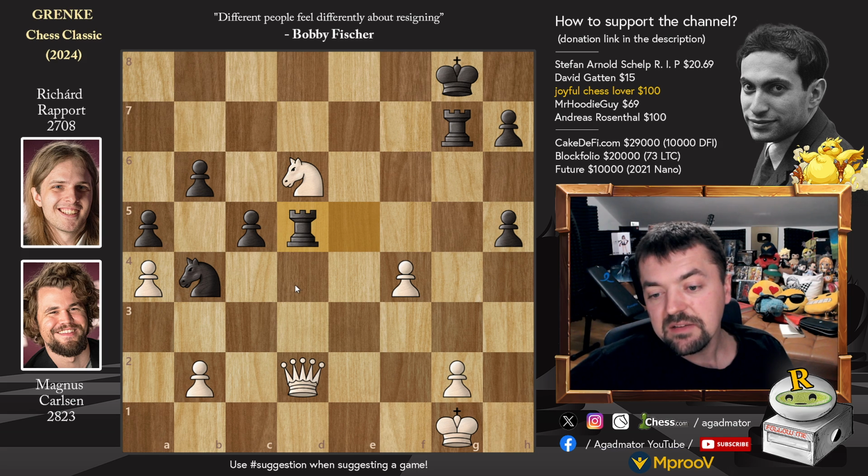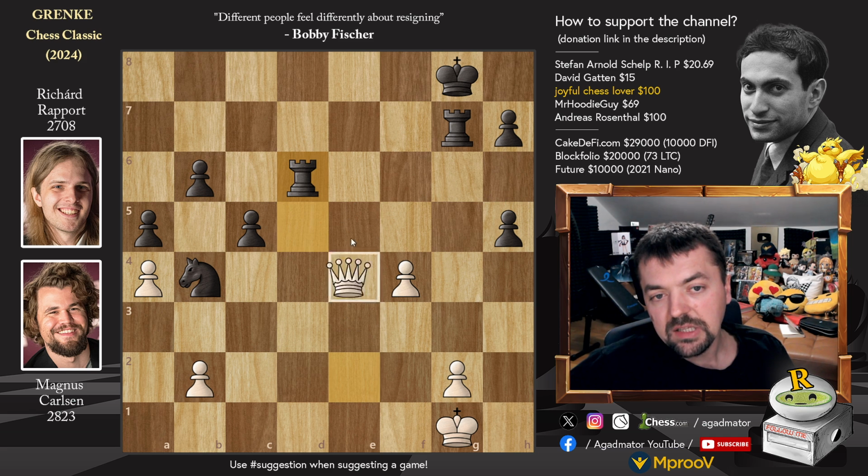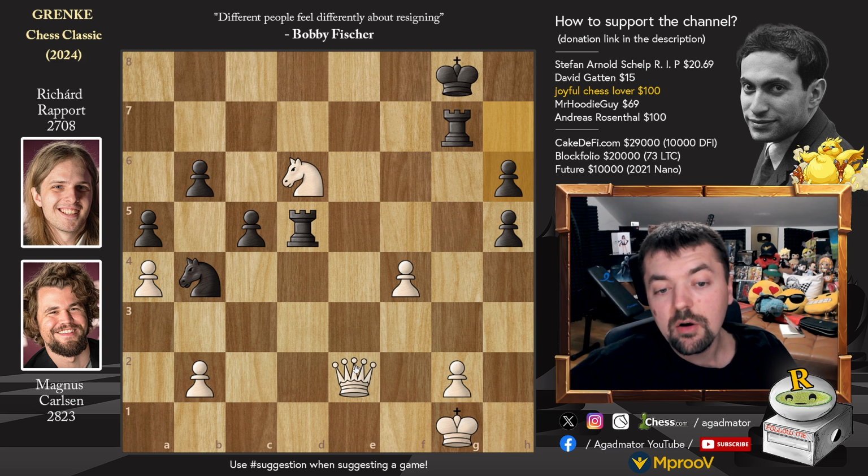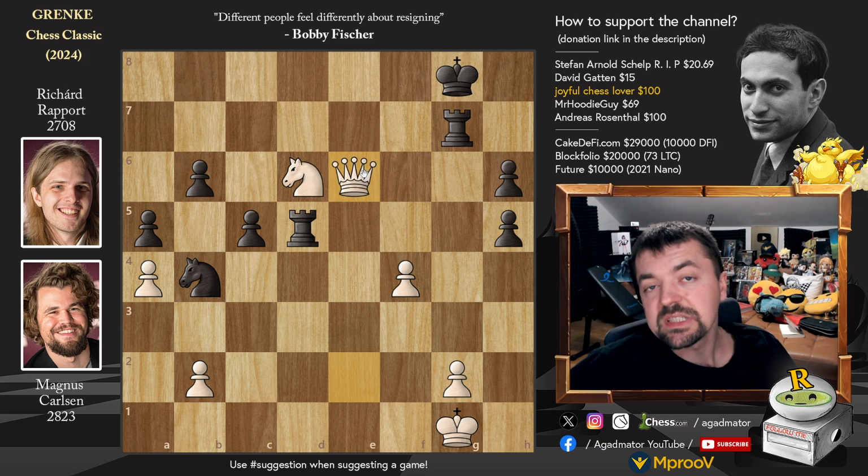Rook captures on d5, and now an elegant queen to e2. And there really isn't anything Rapport can do here. If you take the knight, it's a mate in one, so of course you cannot play that. Rapport played pawn to h6 to free up some space for his king, but now queen to e6 with check, and in this position on move 32, Richard Rapport resigned the game,